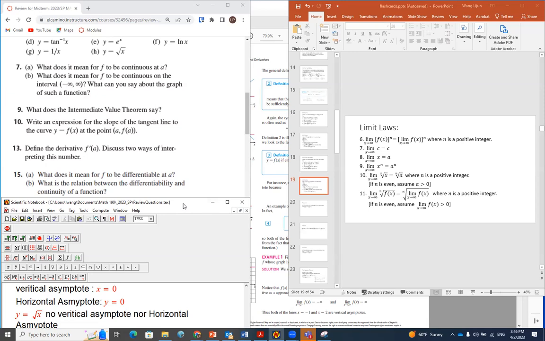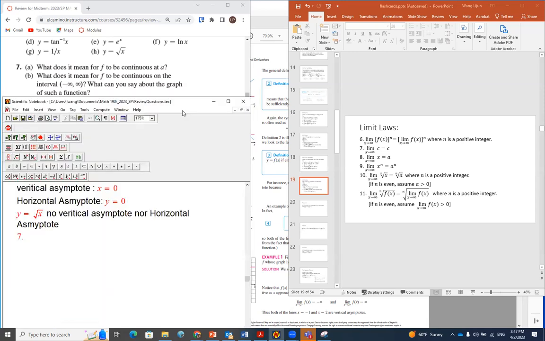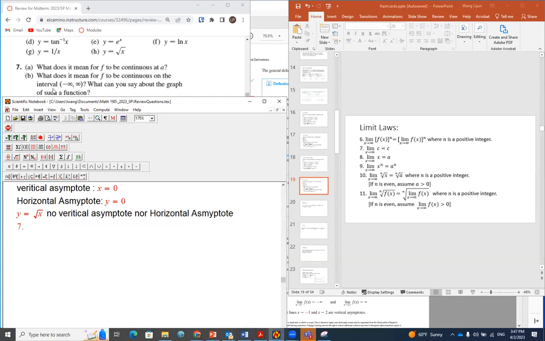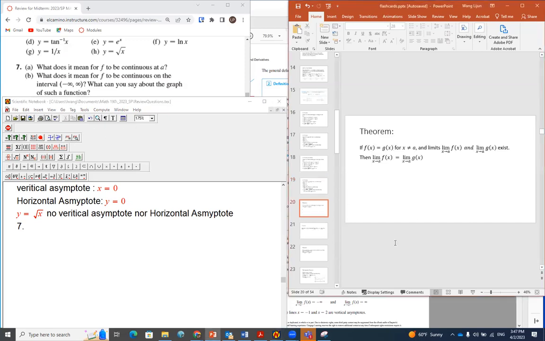It means that you can say something about the graph of such a function. If it is continuous on the interval from negative infinity to positive infinity, that means the function is continuous at every point, at every real number. Okay, so the definition of a continuous function